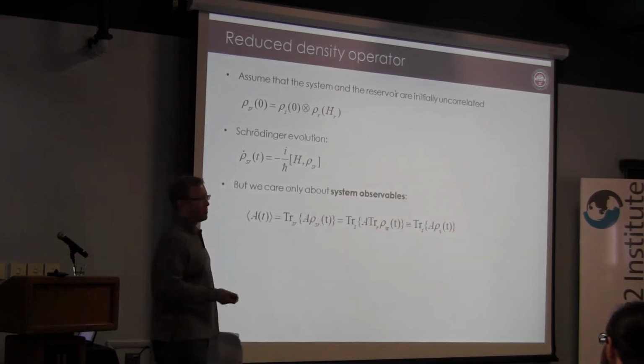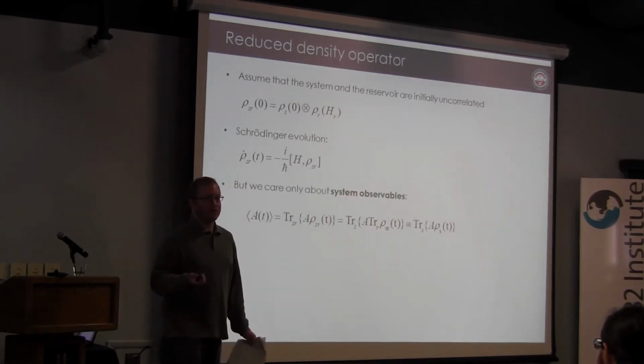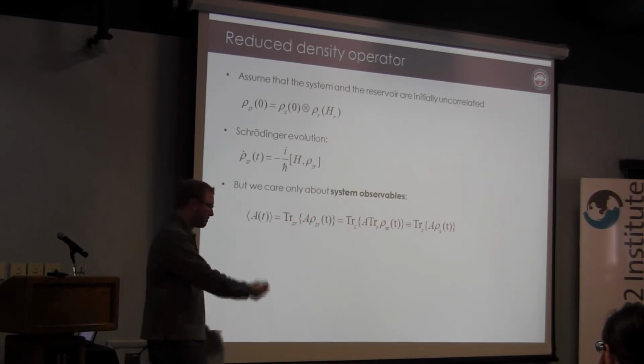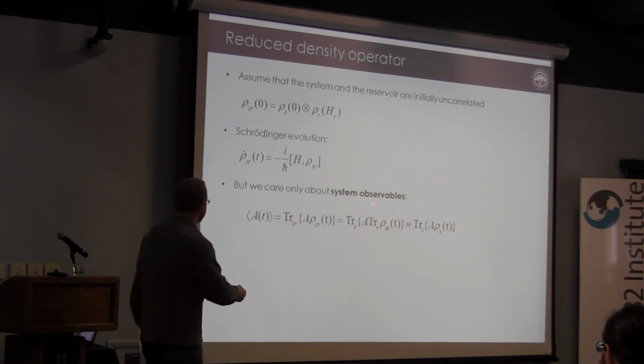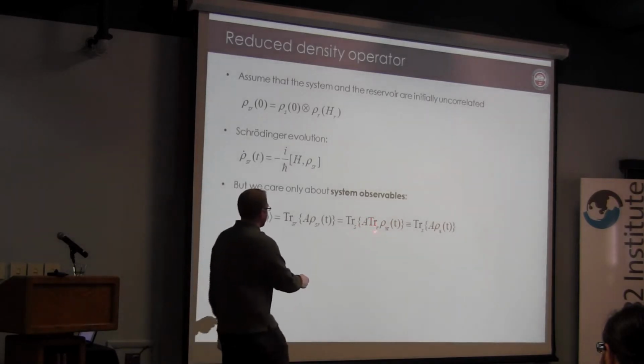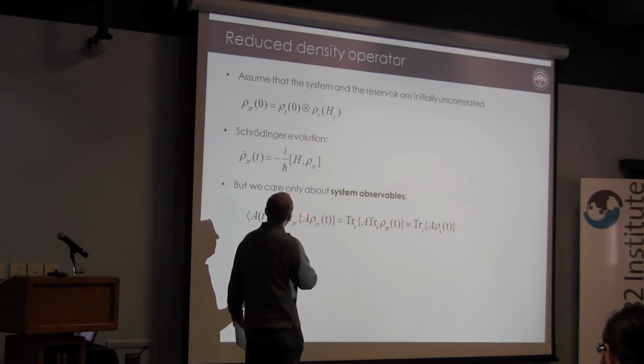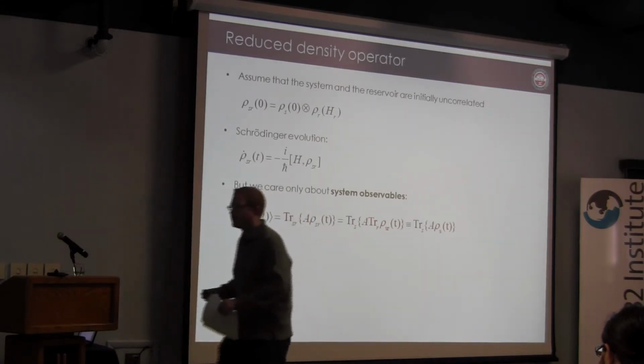But the thing is, we don't really measure the reservoir. We're not looking at reservoir observables. We're only looking at the subsystem's observables. And so when we look at the expectation value of an operator, we do a trace over both the system and the reservoir, but that can be broken down. A trace over two systems is equal to the trace over one and then the trace over the other. And so if I do those sequentially, the trace over the reservoir, the system observable A,